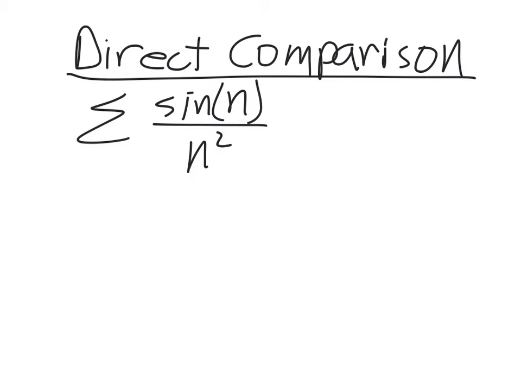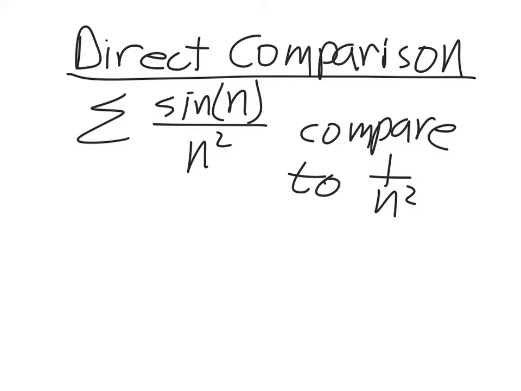So, but direct comparison, what would be a good comparison for this one? I would say 1 over n squared. That's a very easy one. And then what I want you to do is make sure you state the tests and why they diverge or converge. This converges by the p-series, and then compare, well,